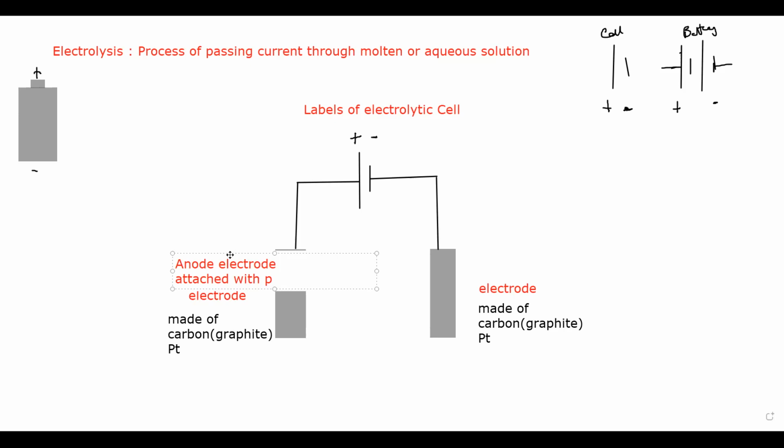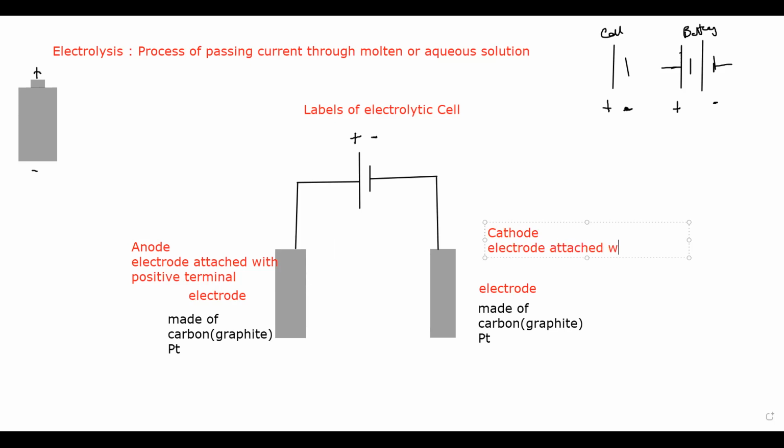These plates are known as electrodes, and they are normally made of carbon or platinum. So the electrode attached to the positive terminal is known as the anode, and the electrode attached to the negative terminal of the battery or cell